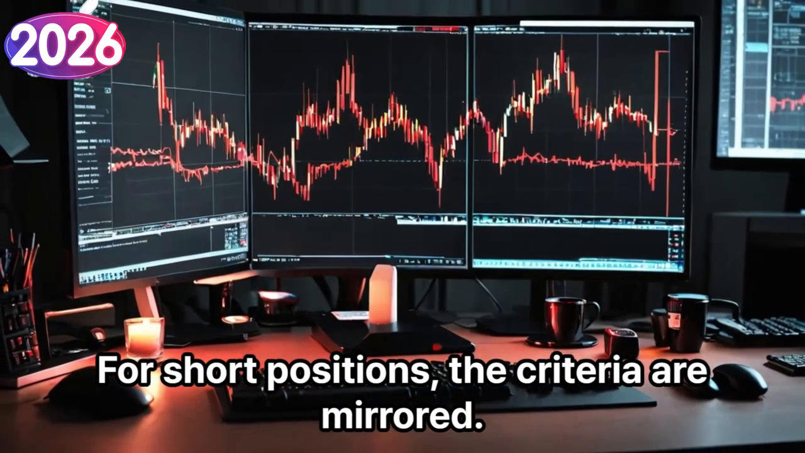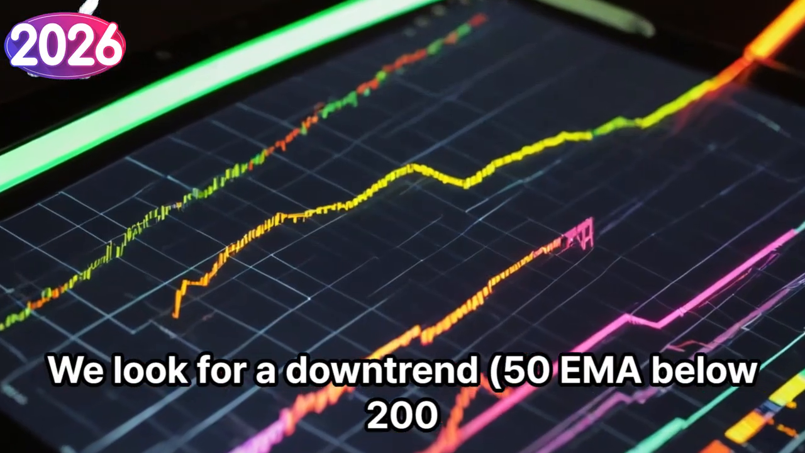For short positions, the criteria are mirrored. We look for a downtrend, 50 EMA below 200,